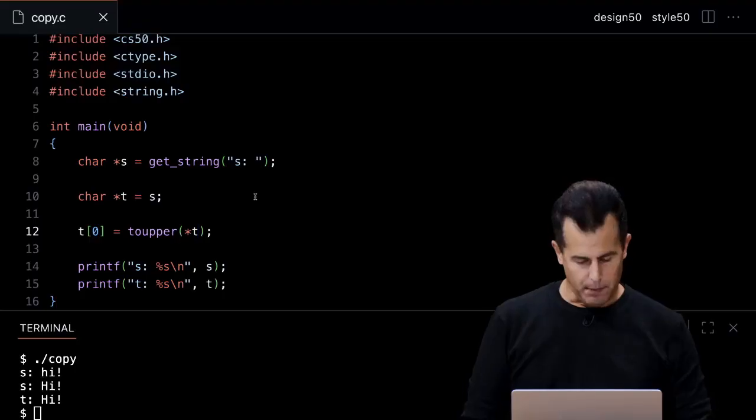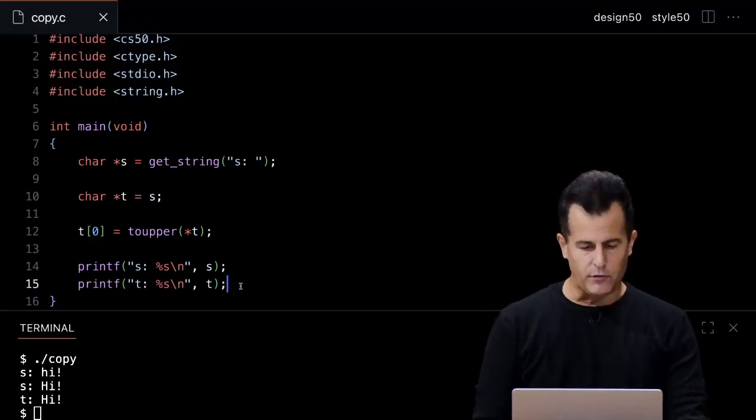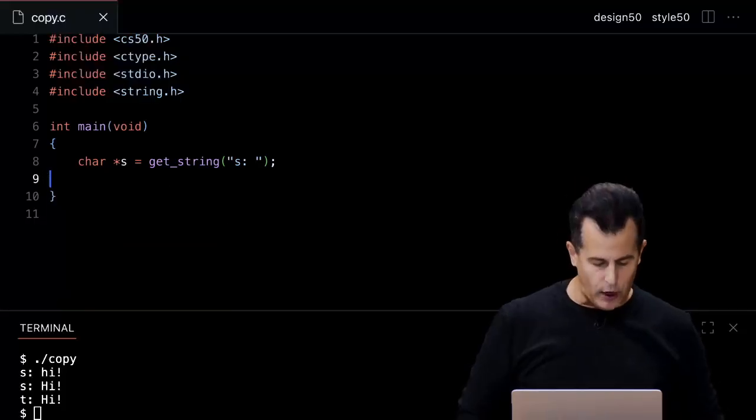So using these 2 functions alone, I dare say we can solve now this problem in memory by making an actual conceptual copy of the string by copying hi exclamation point and the null character elsewhere in memory so that we can actually manipulate the copy thereof. So how do I do this? Well, let me go back to VS Code here. Let me propose that we get rid of much of what we did earlier, except we'll keep around the declaration